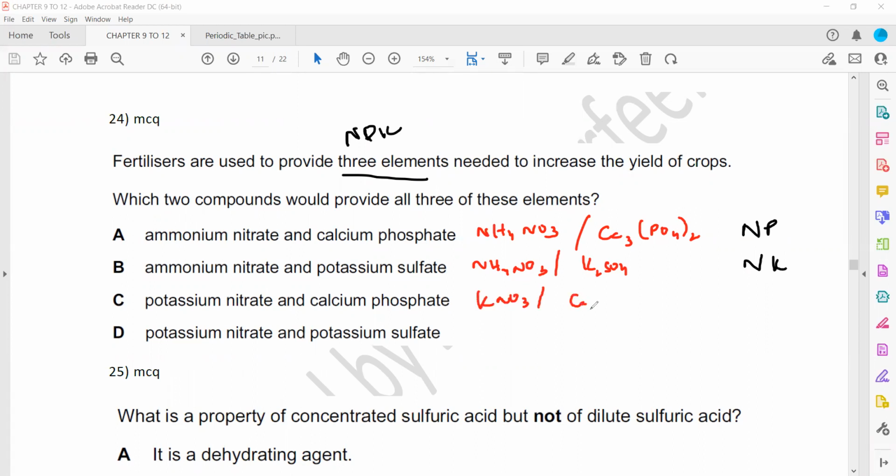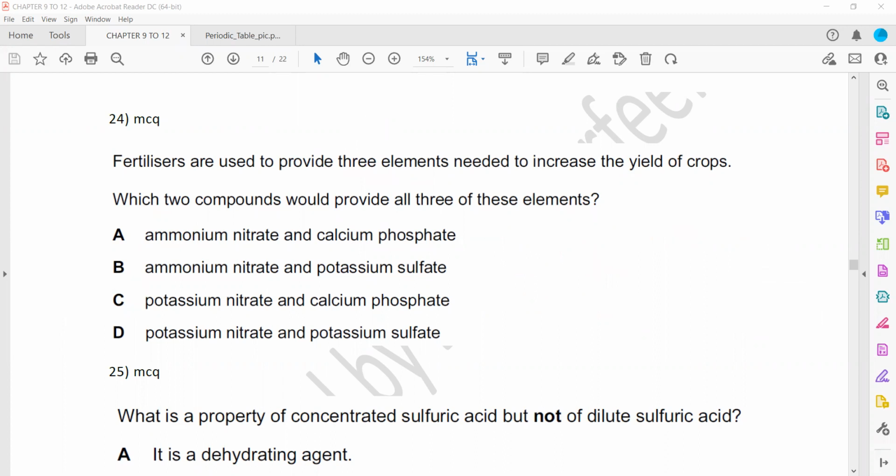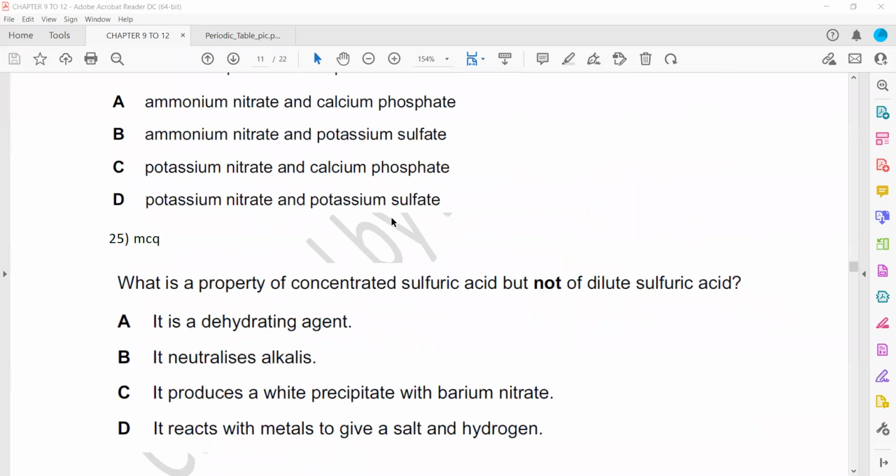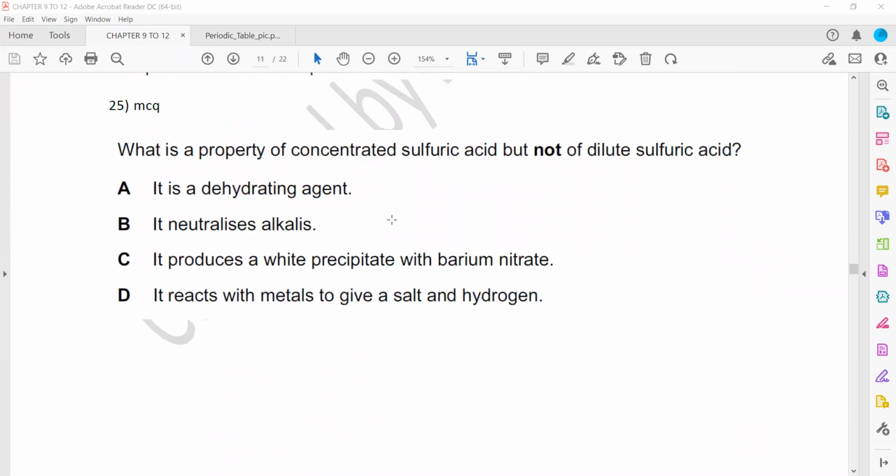and calcium phosphate. So what are the essential elements it can provide? It can provide us nitrogen, it can provide us potassium, and it can provide us phosphorus. So all the three essential nutrients NPK can be provided. So C is the right answer. The compound mixture which can provide all these three essential elements was a mixture of potassium nitrate and calcium phosphate,